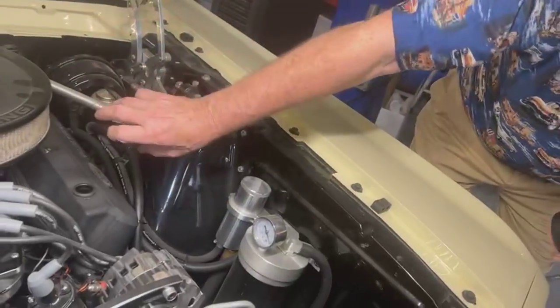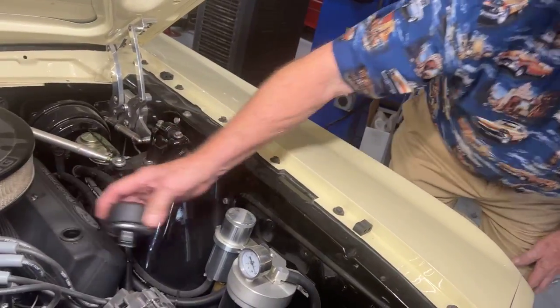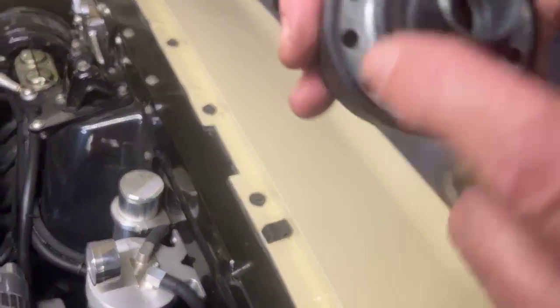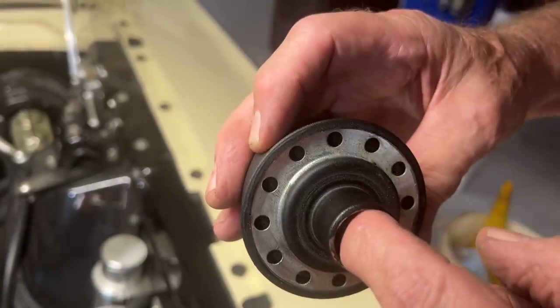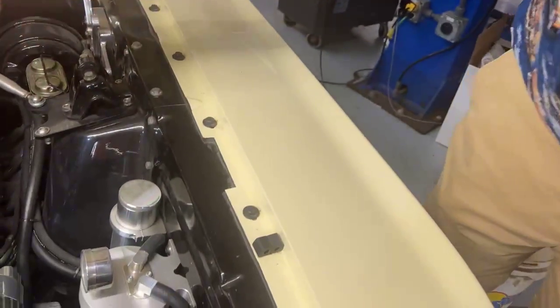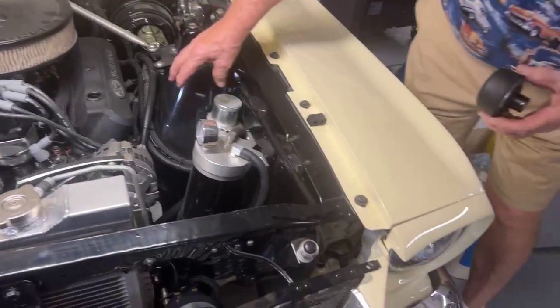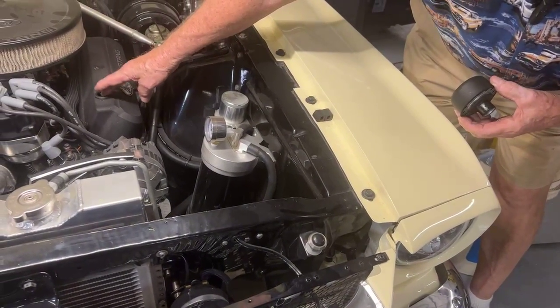Inside your motor, you have some air pressure that has to be ventilated out of the motor. That's what the PCV valve does. It sucks it out through here and runs it back through the motor. So how does it get air in? Well, it gets air in